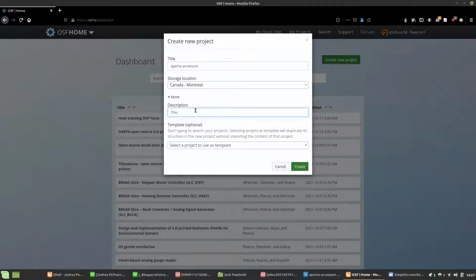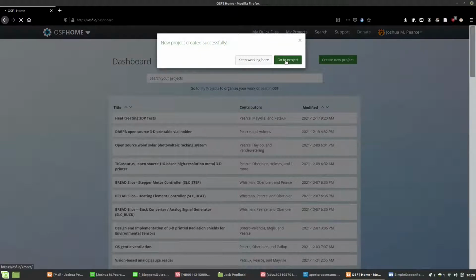So let's say this is an open source software repo for harvesting open access preprints. And you can give a bigger description later on. You can also use a template to set it up. But if you're starting the first one ever, you don't have a template, so I'll do it that way. So you hit Create,